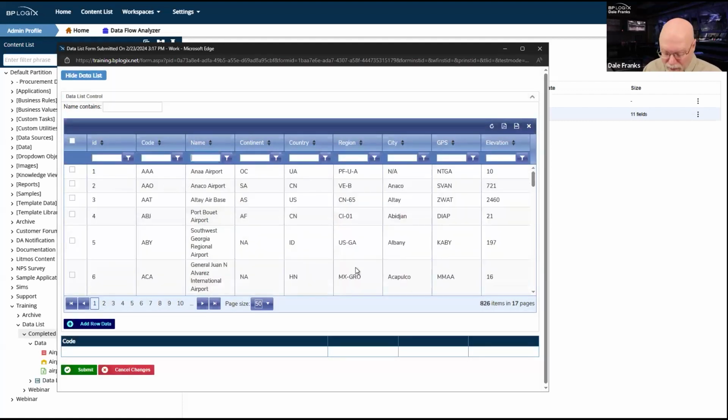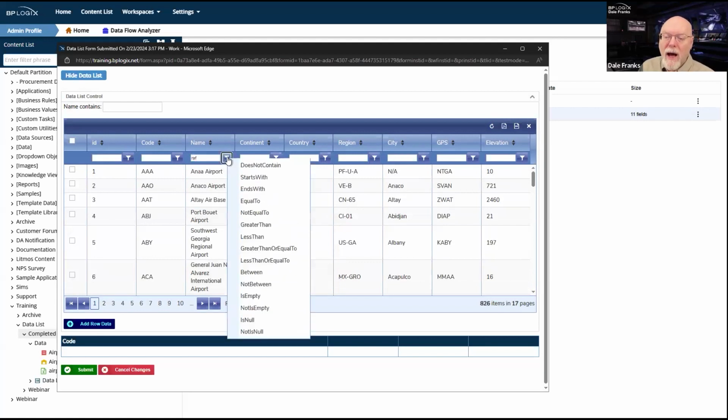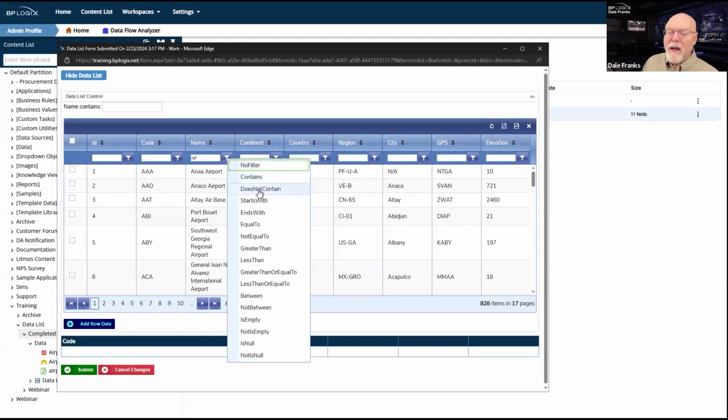So if I wanted to search just for RAF bases, I could just type in RAF. Oh, and by the way, it doesn't matter whether I do it in uppercase or lowercase. I can then go to a filter, and then depending on how I want to apply the filter, we're going to use contains in this particular case so that we can just return any record that uses the term RAF. But I can also filter with a whole bunch of other items here. I can use equals instead of contains, in which case it has to be an exact match, or I can use not equal to.